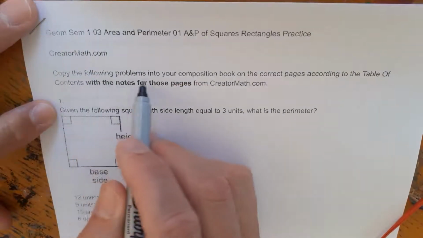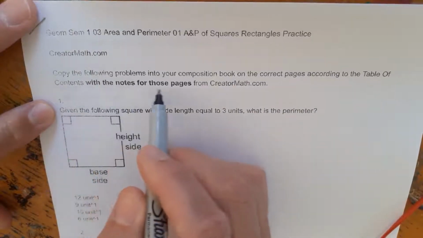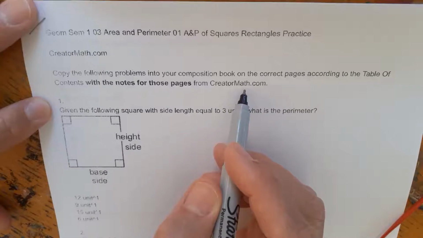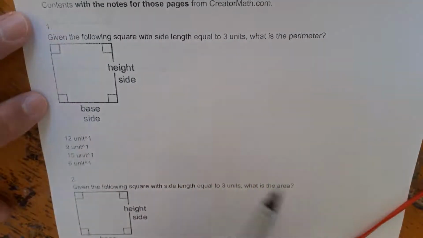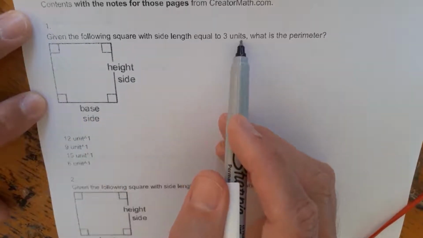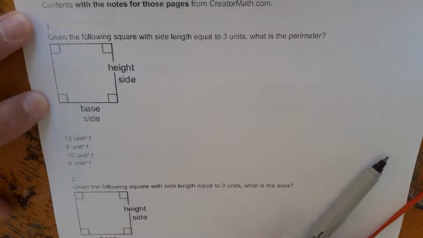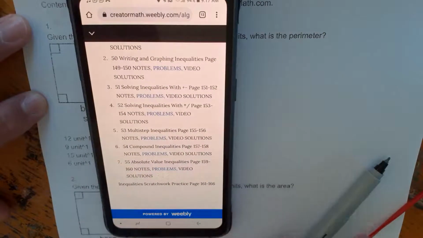The instructions are to copy the following problems into your composition book on the correct pages according to the table of contents, with the notes for those pages from creatormath.com. So before we get to the first problem, which says given the following square with side length 3 units, what's the perimeter? All right, we're going to do perimeter. So we need some notes for this section. How do you find the notes for your comp book? You're going to go to